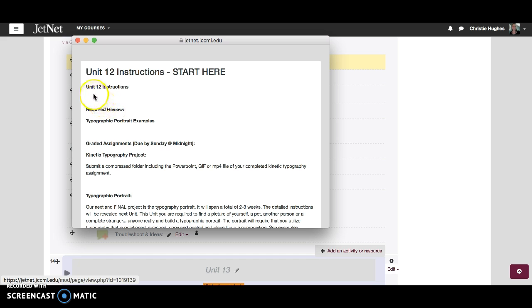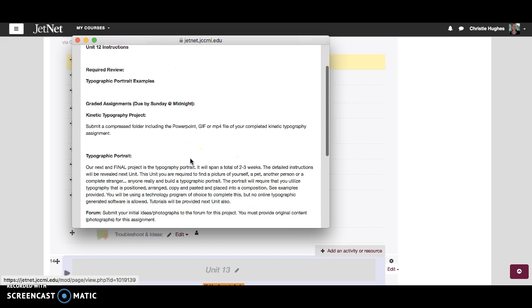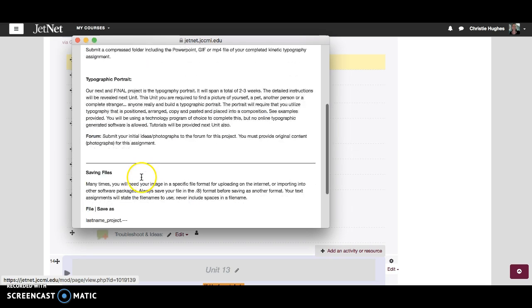Go ahead and you will continue on with your typographic kinetic typography project. We're also going to be beginning a new and very last and final project, which is called the typographic portrait. It's going to span about a total of 2 to 3 weeks, ending at the end of the term. Some of the detailed instructions will be revealed next week, but you are required to find a picture